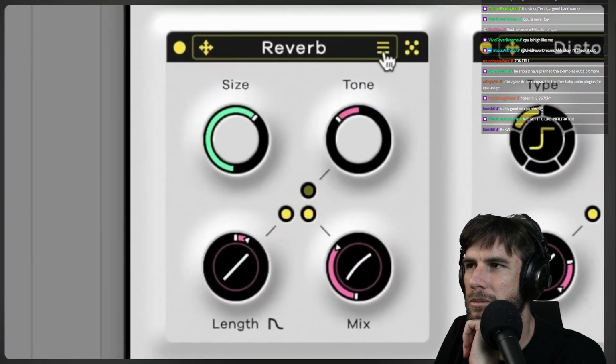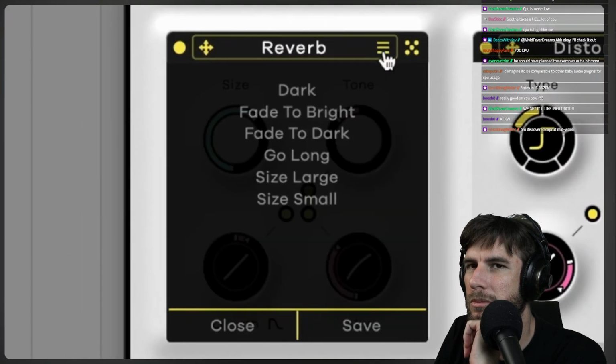So there's so much more that I could show you about this plugin, but I'm gonna do a much deeper dive with lots more use cases in a couple of weeks. A couple more things I want to make you aware of though for this launch video is you can click on this little burger menu, and each module has its own preset.